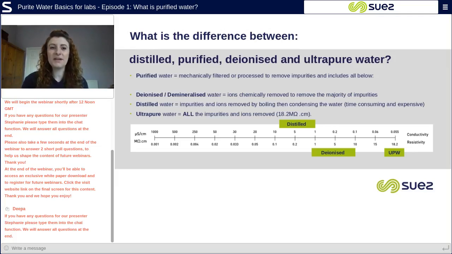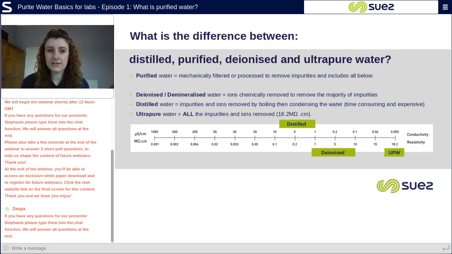What is the difference between distilled, purified, deionized, and ultrapure water? So purified water is water that has been mechanically filtered or processed to remove impurities. Distilled, deionized, and ultrapure water are common terms used to describe water in different purified states. So distilled, deionized, and ultrapure water are forms of purified water. So if you look at the resistivity and conductivity scale at the bottom of the slide,